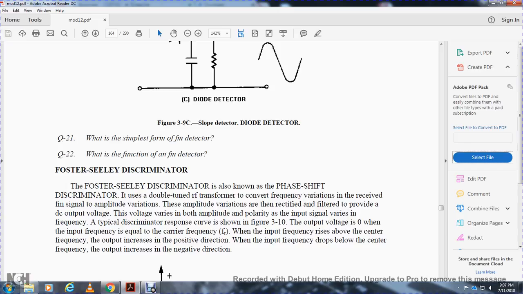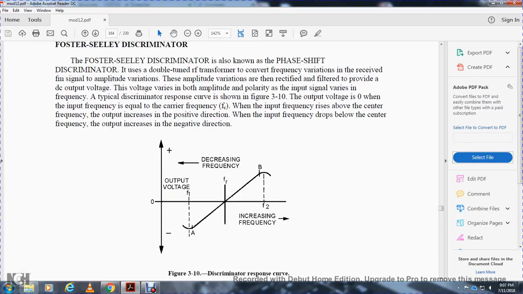frequency equals the carrier frequency. When the input frequency rises above the center frequency, the output increases in the positive direction. When the input frequency goes the opposite way, below the center frequency, the output increases in the negative direction. Decreased frequency goes to the left,